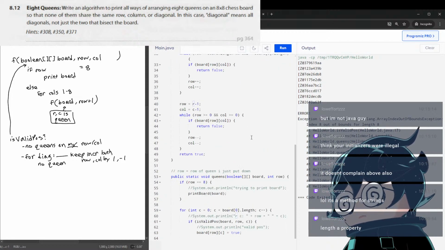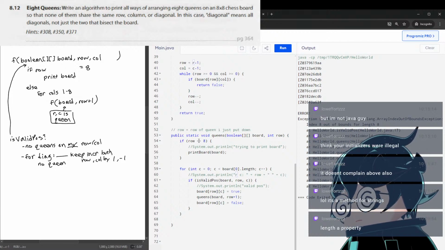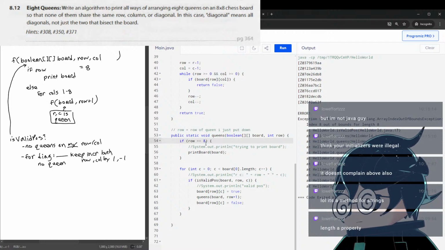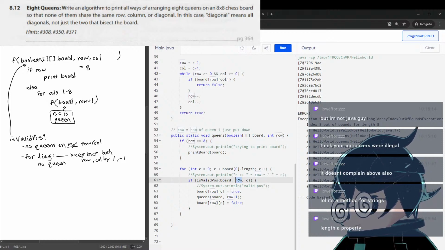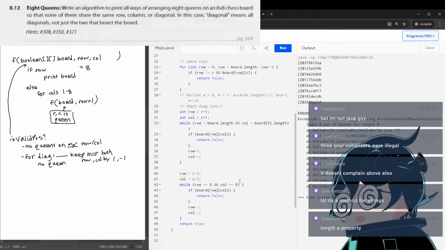Wait, that can't be possible. We stop when we get to an 8. So are you saying that D